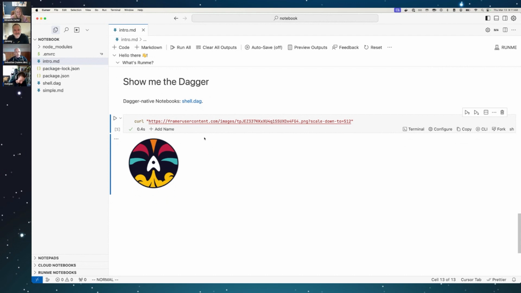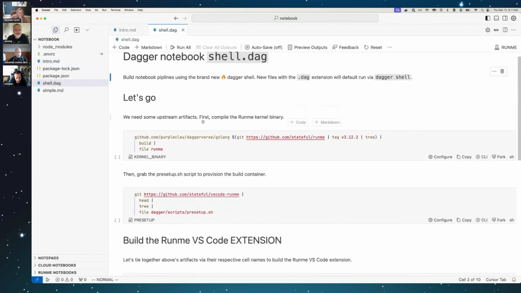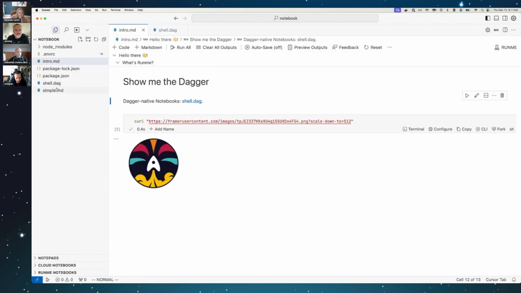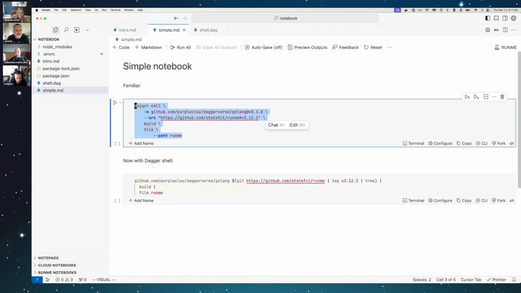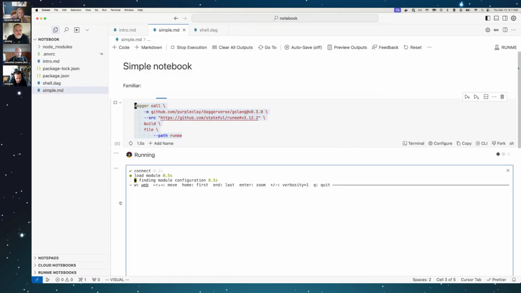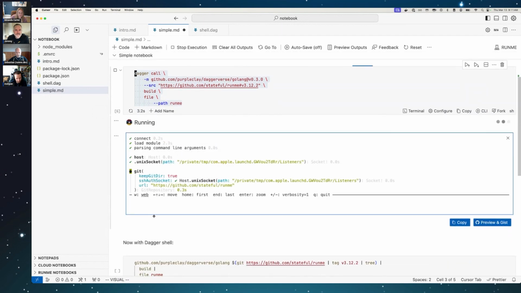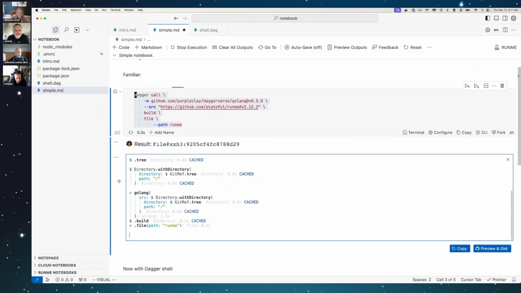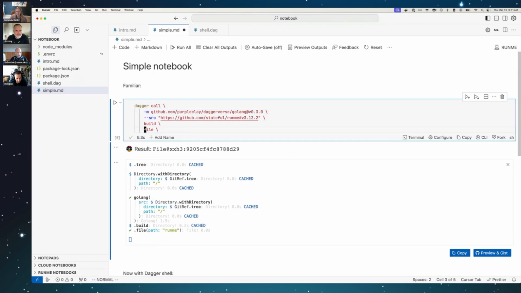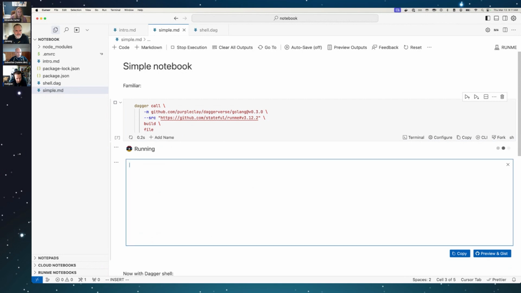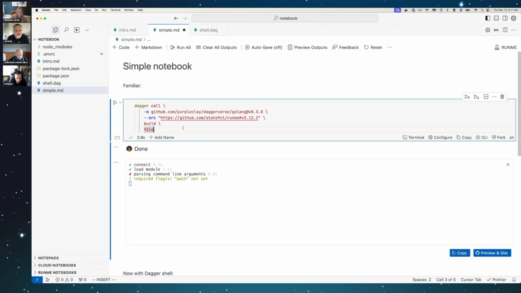So let's get into the Dagger support, right? I think the last time I was on here, I did demo the Dagger integration, and you can probably remember that. What we've done more recently, I think this must have been almost a year ago now, made this UI level integration where we render a UI on top of the existing notebook